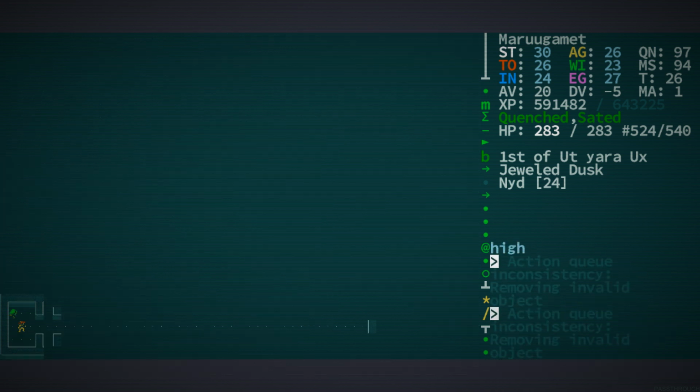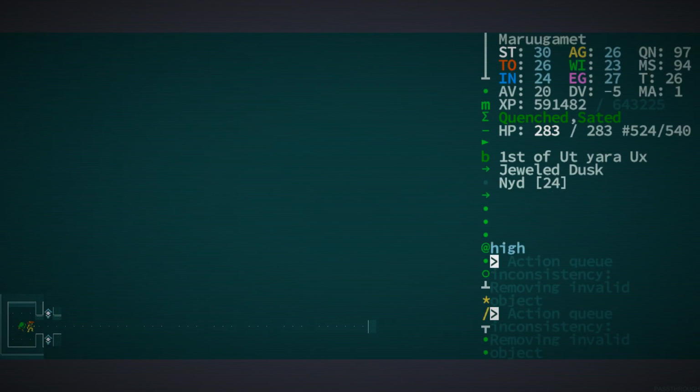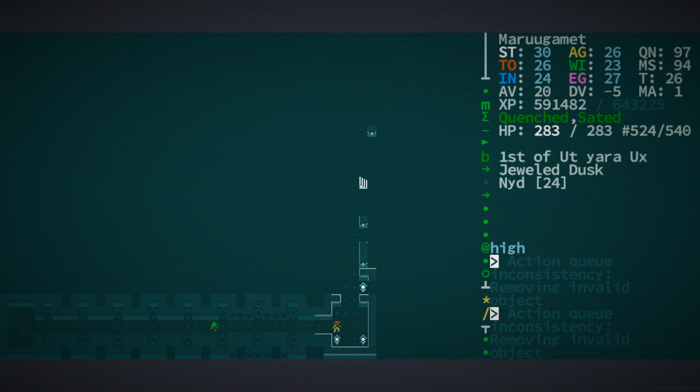Wait, look at that. It only took us an hour and 6 minutes, but we finally made it up a level. Liminal Way, Tomb of the Eaters, 4 strata high. I am very curious where this is going. This feels momentous. And it's only slightly blunted by the extremely annoying...